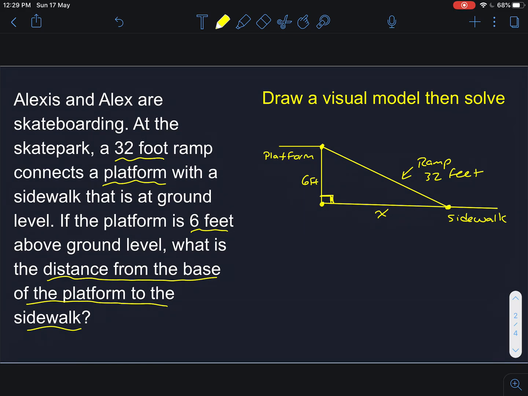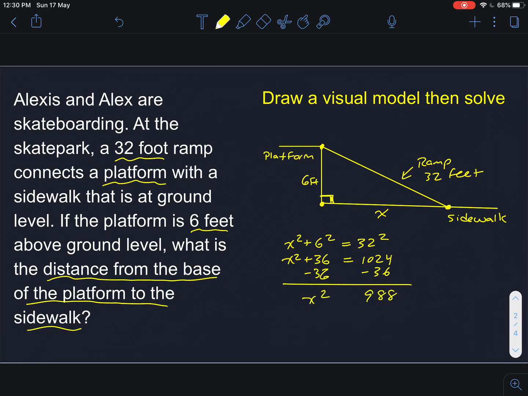Now I'm going to use the Pythagorean theorem and solve for this. So this is going to be x squared plus 6 squared is equal to 32 feet squared. So x squared plus 36 is equal to, this is where I'd probably be a little bit lazy, get out my calculator, 1,024, take away 36. And that is going to give me, let's see here, I'd be a lot better off just working this out mentally, but I don't quite trust myself. That is going to be